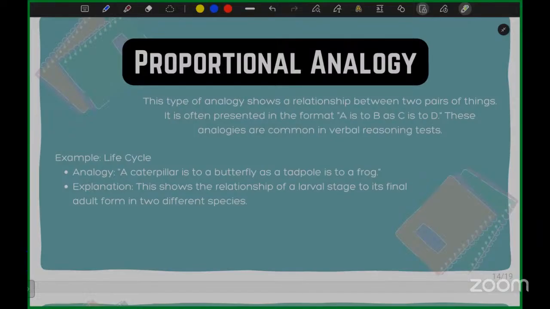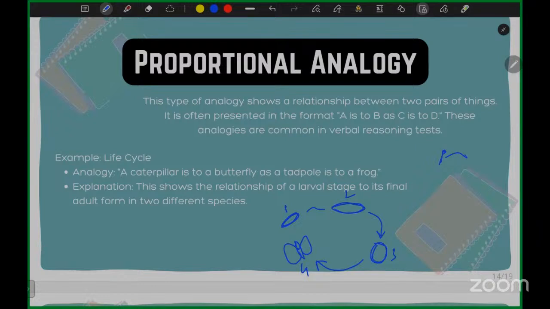So if a science teacher teaches a student, the caterpillar will initially be like a worm. I'm not that familiar with this concept, I'm just explaining. Initially it will be in a worm state, then it will get a bigger size, then it will go to a cocoon stage, and then to the main butterfly stage. So it has four stages, for example. Similarly, when a frog grows from a tadpole, it will also have four stages, for example.